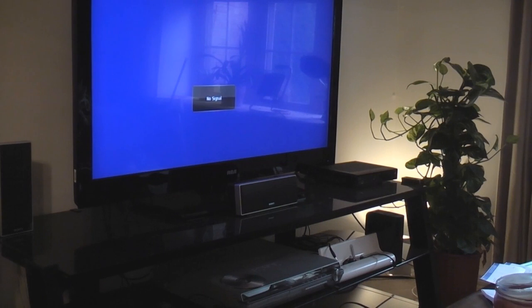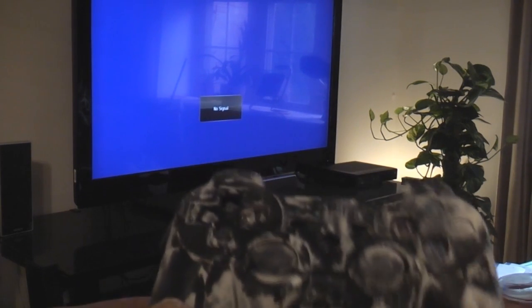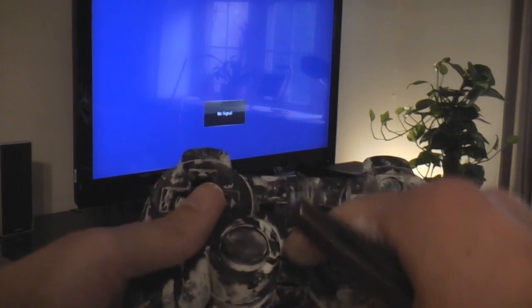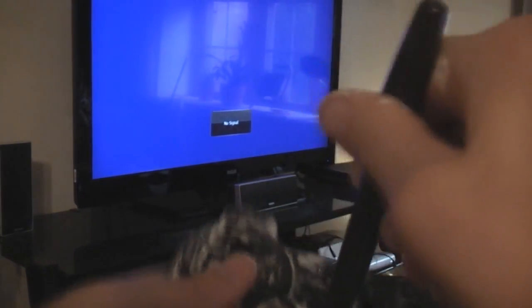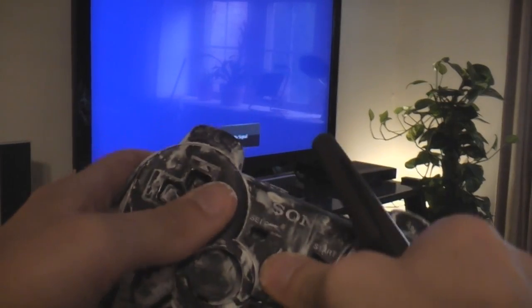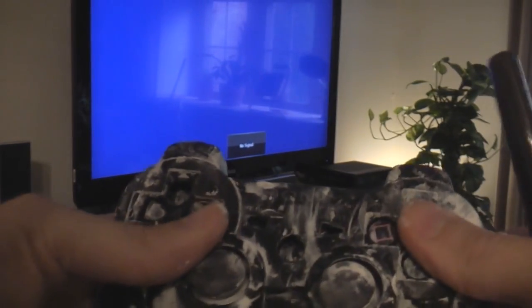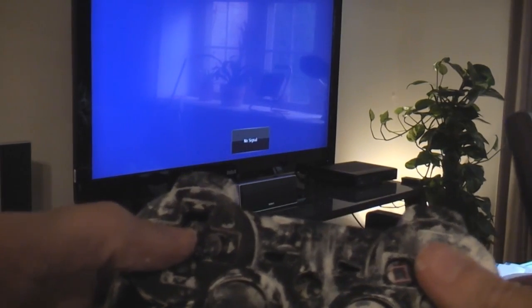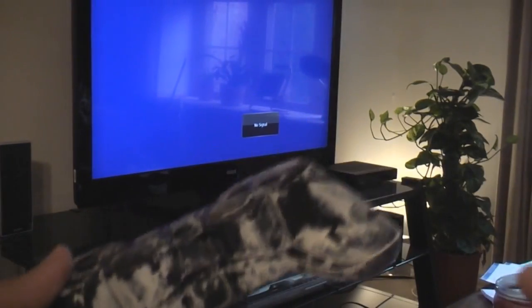Alright, we tried all the tests, so let's find out if all the diagnostic testing worked in fixing the controller. Its buttons are a little stiff. The controller's old, but you know, I just think the thing's broken. I think that all this testing, even though in theory it should have...